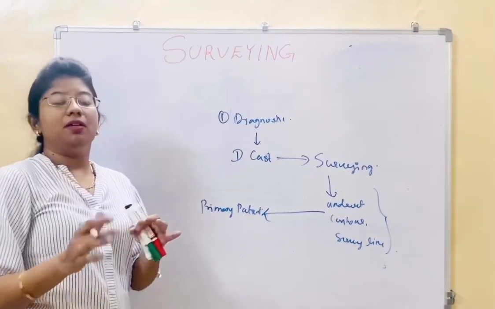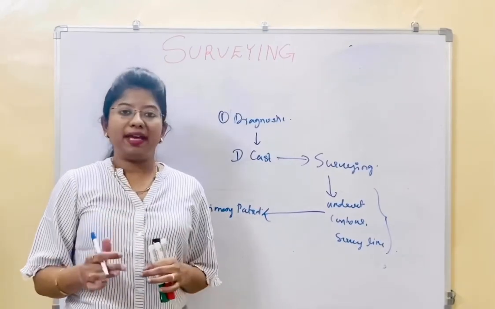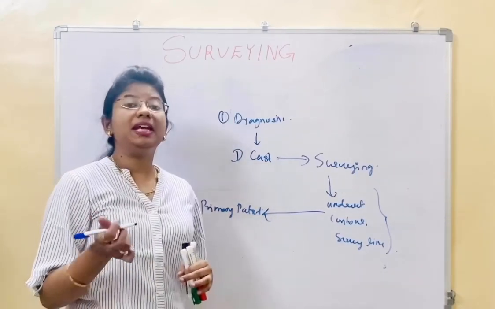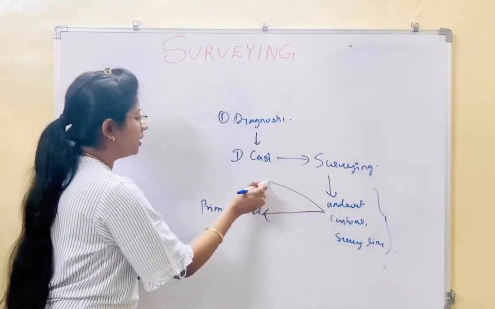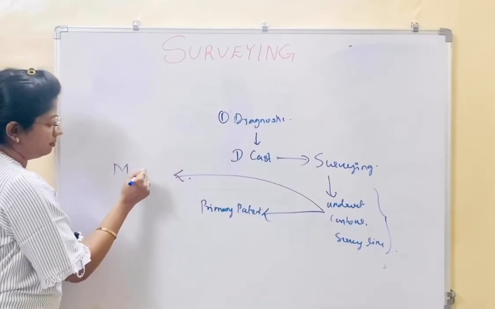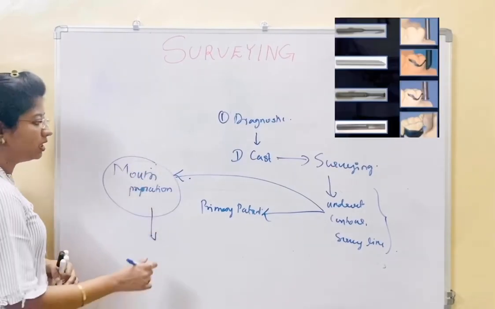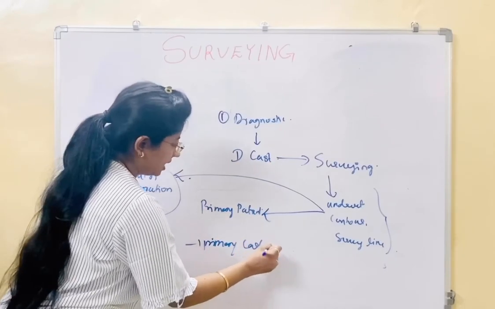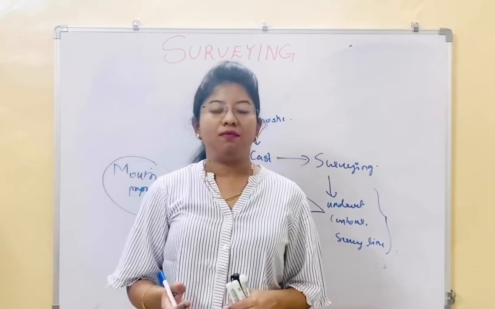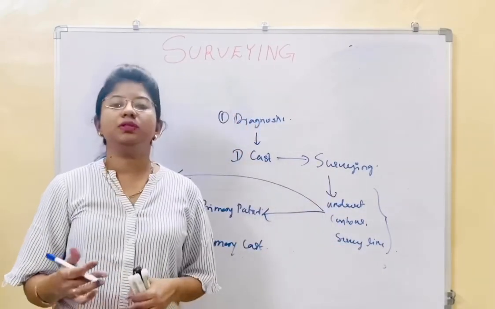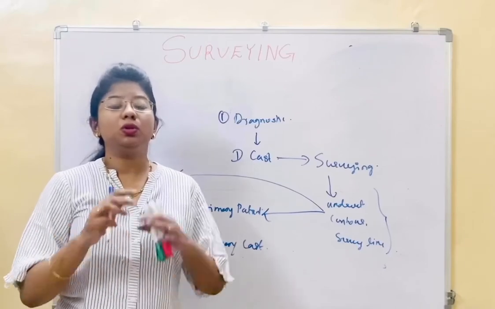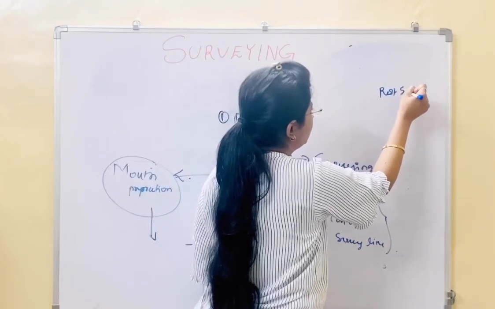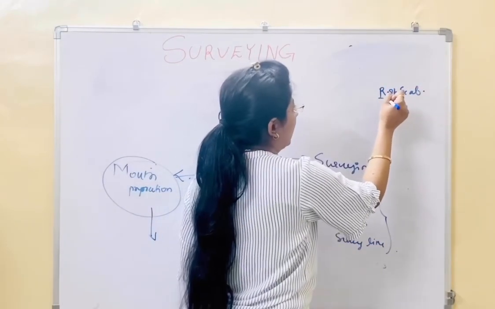After surveying, we determine where we require an undercut and where the undercut is not required. So in the favorable areas, we create an undercut. In the patient, in the favorable areas, we do the mouth preparation. After the mouth preparation, you make the primary impression and then make the primary cast. That primary cast is again surveyed for the same things, like undercuts, contours as well as survey lines. And then you do the final mouth preparation in the patient's mouth, like the preparation of the rest seats, and for other areas, there are abutments.